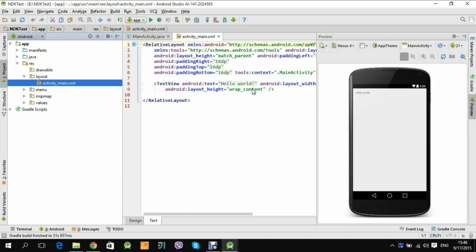So when developing a native part of your application, you have to use the keyword native before the method. Okay, so the next thing is the native shared libraries. So android-ndk builds .so files from your native source files, and also